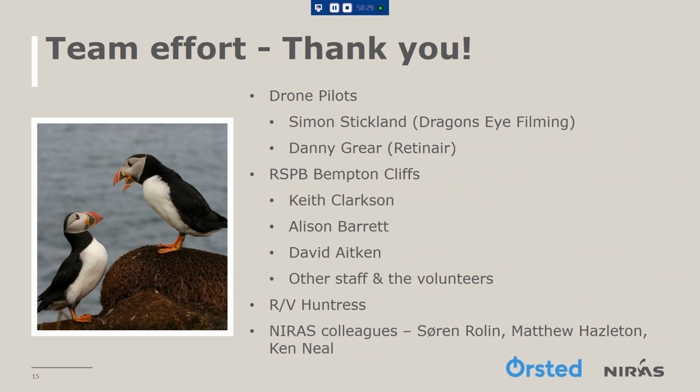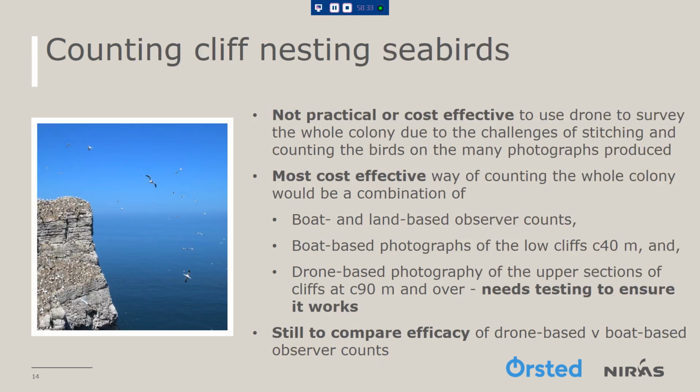And what the two trials have shown us is that it's not practical or cost effective to use drones to survey the whole colony due to the challenges of stitching and counting birds on many photographs produced, as well as the other technical challenges I described. It may be concluded that the most cost-effective way of counting the whole colony is likely to be